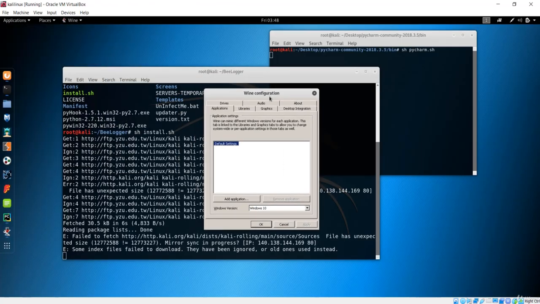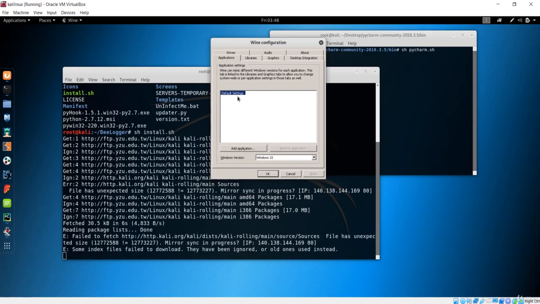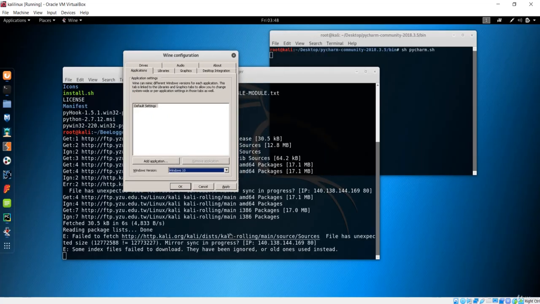So basically what happens is, we are going to install all of the packages that are needed for this keylogger in this Wine. This is also the environment for the Windows version, so here we'll just say Windows 10. This keylogger is not going to act on this Kali Linux. Instead, it is going to be configured on this Wine machine. So every package that you install is going to be installed in this Wine.